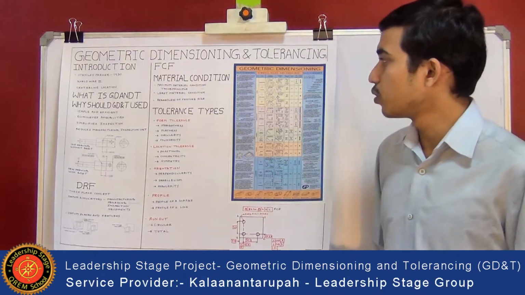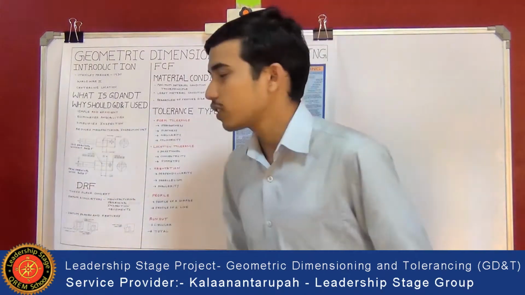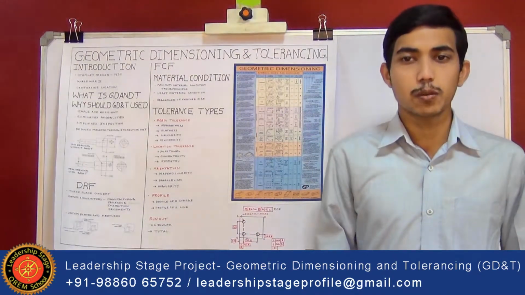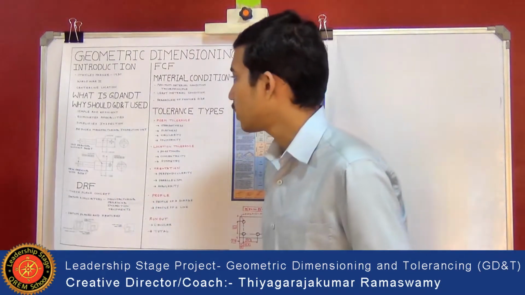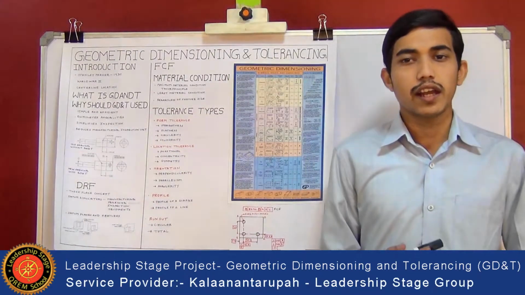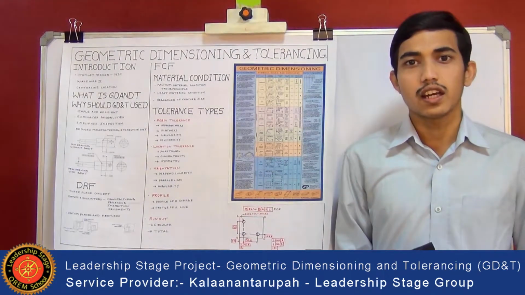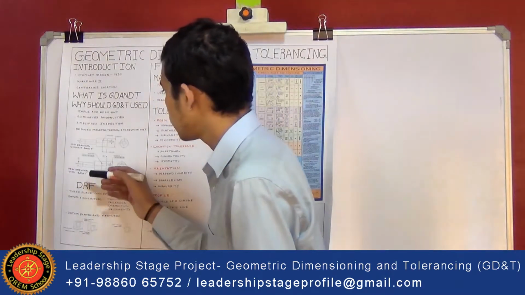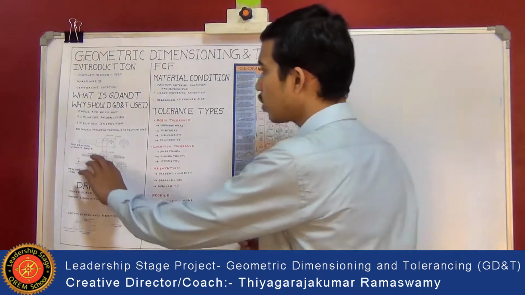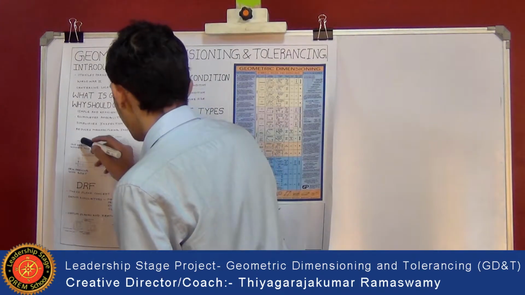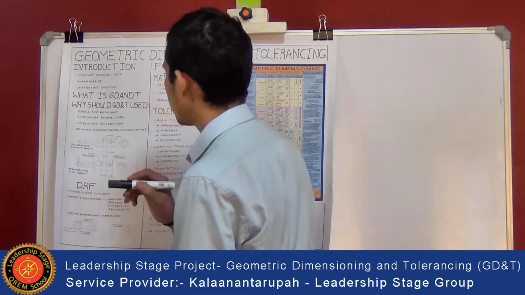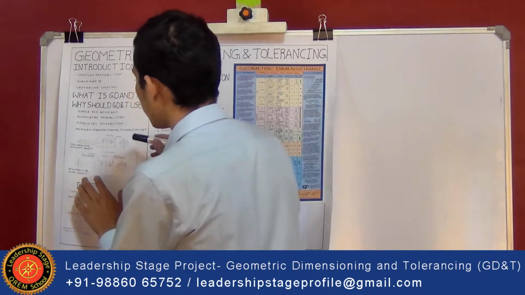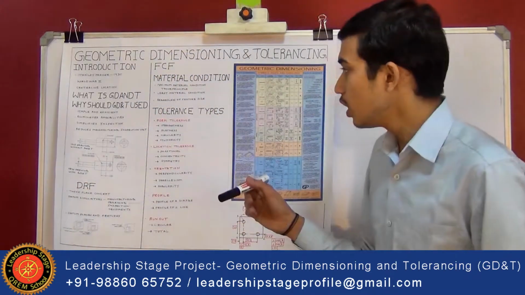Then why should GD&T be used? It is simple and efficient. It's a simple and efficient method for the designer of the product to describe tolerancing. It eliminates ambiguities and confusion, like how to establish the datum planes or datum reference frame. You can see that this is an old drawing without GD&T and this is a new drawing with GD&T. In the old drawing, datum reference planes are not there, but in the new drawing with GD&T the datum reference planes are given, and this removes all the confusion for the manufacturer or the designer.